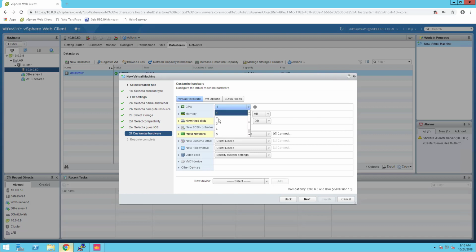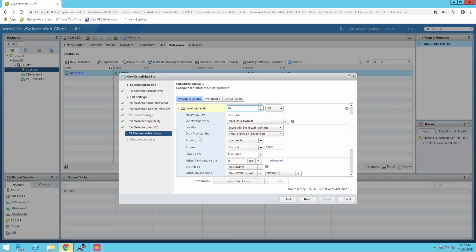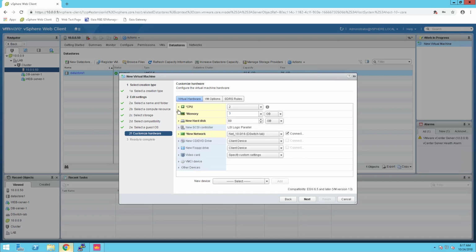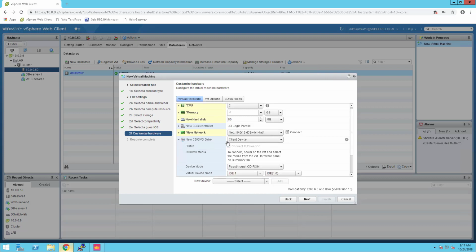The minimum number of CPUs is 2. We will change the memory to 3 gig of RAM. The hard disk will be changed to 80 gig. And we will expand that section in order to choose thin provisioning. We will collapse it again and make sure to move